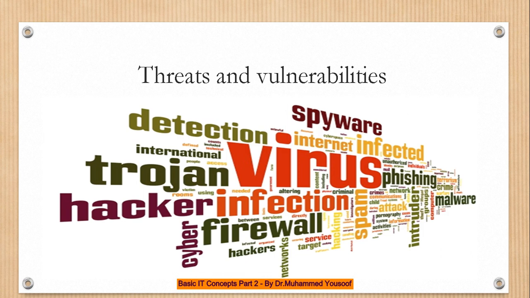Now if you look at this one, what are the possible types of problems that can happen in your computer with regard to information security? Number one is called virus. It's a very common thing. It's a program which is developed to destroy or corrupt your data. The other one is called spyware. What is spyware? Spyware is nothing but a program which is kept in order to spy on your actions in the computer.